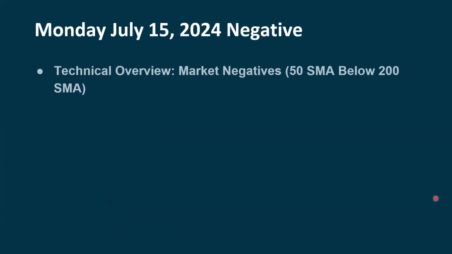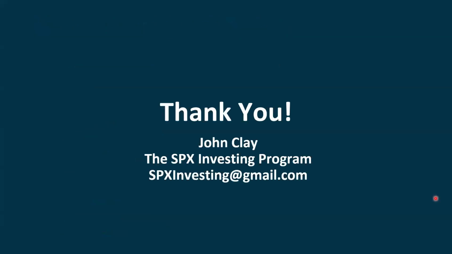Then our list is pretty short on the negative side, and this is when the 50-period simple moving average is below the 200-period simple moving average. The Japanese yen, when compared to the dollar, ARK is in a downtrend, and the Pring World Bond Index is also in a downtrend.